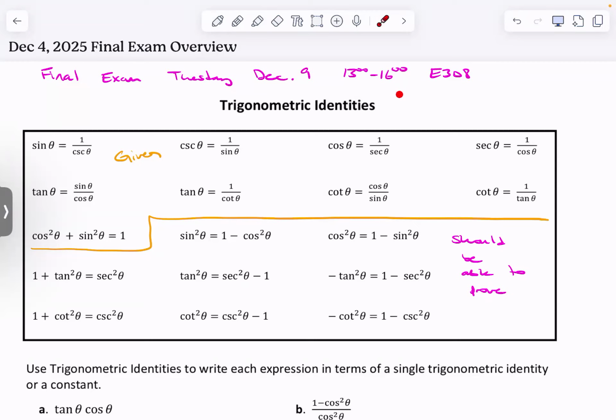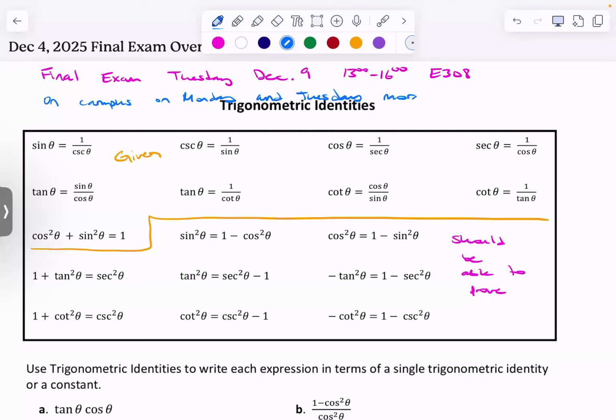But I will be around in meetings on Monday, but if you need me, then I can pop out, and I'll be on campus on Monday and Tuesday morning, of course. Don't be shy. Or available anytime